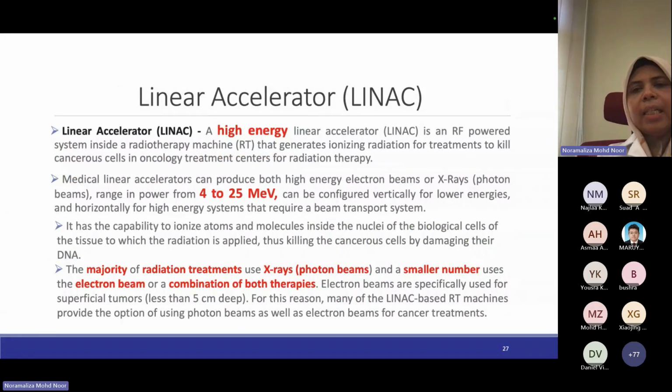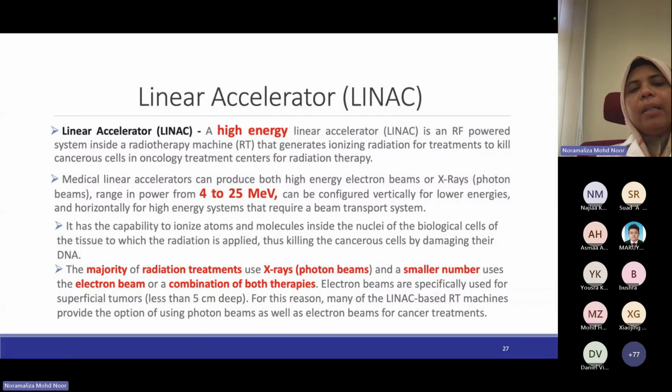What is a LINAC? As I mentioned before, a LINAC uses very high energy, in the range of 4 to 25 MeV. Okay, mega. However, for diagnostic radiology, we use kilovoltage. Okay, and why? Because